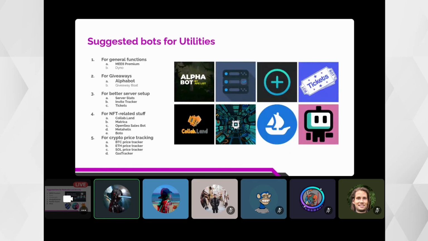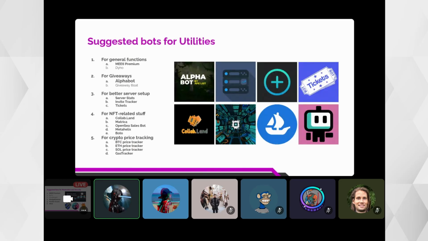Alpha Bot is my bot of choice because we can have more requirements first, for example, join, tweet, follow Twitter, etc., before they can join this giveaway. So yeah, it helps us in the growth of our platforms as well.